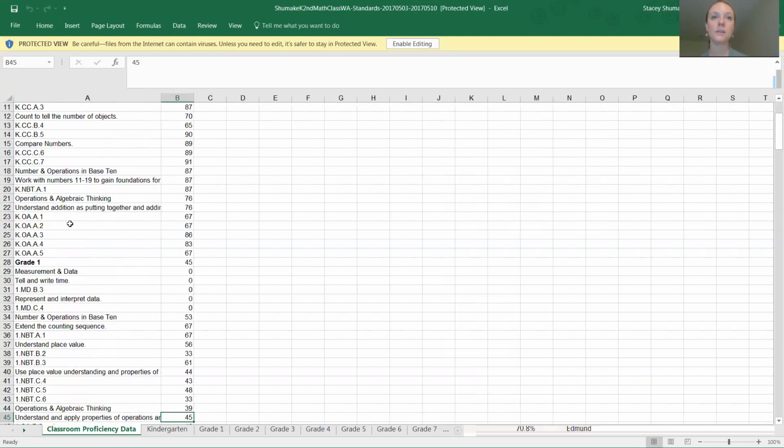So when it comes to, let me open this up a little bit more. So when it comes to things like understanding addition and putting together and adding to, and understanding subtraction as taking apart and taking from, I can see that my class on the whole is about 3/4 of the way through that content. So that's some nice information for me to have to also notice what are some trends that Dreambox is noting for me in my student proficiency. And the first tab just shows me all of the grade levels and an average for all of the students